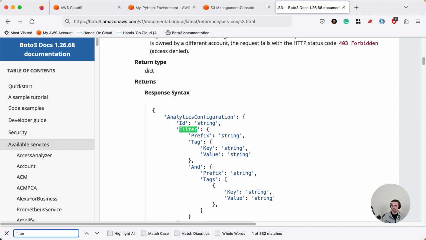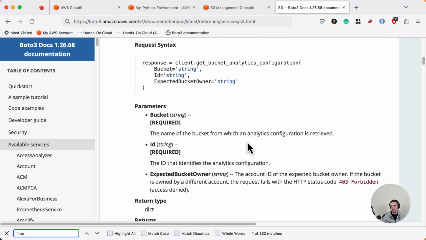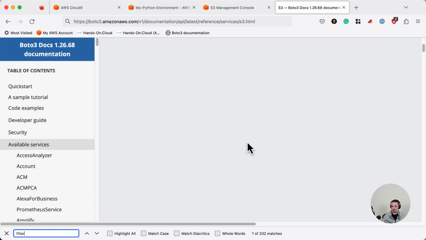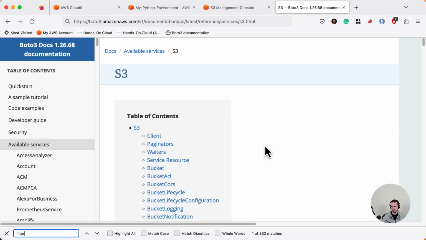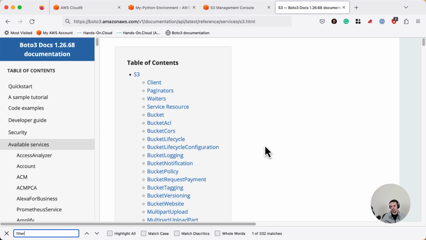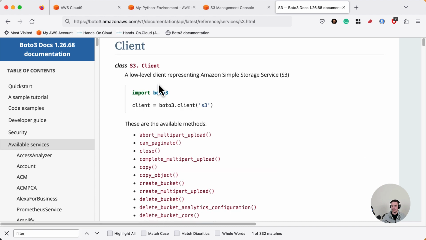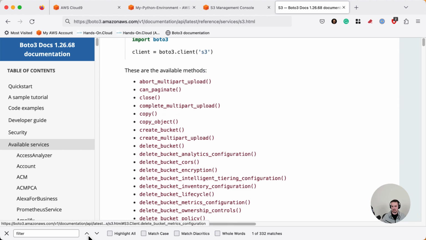It looks like we do not have any meaningful way to filter S3 buckets for tags or by tags, right? So what we can do, we can basically rely on the